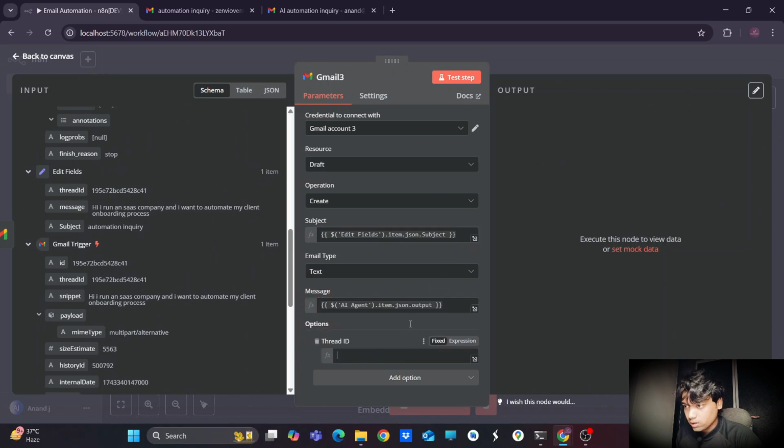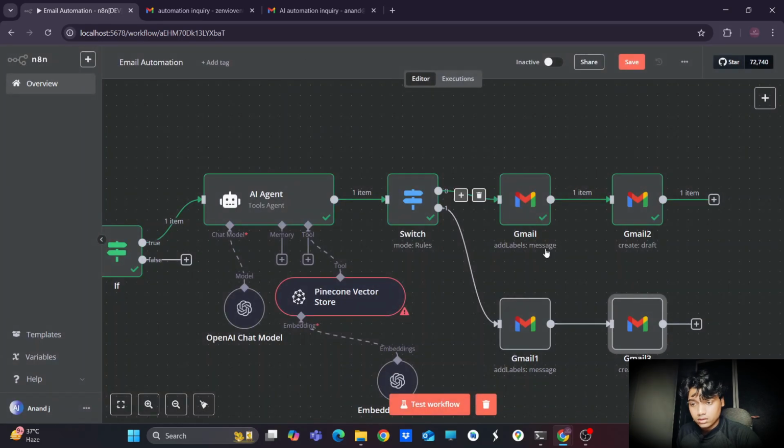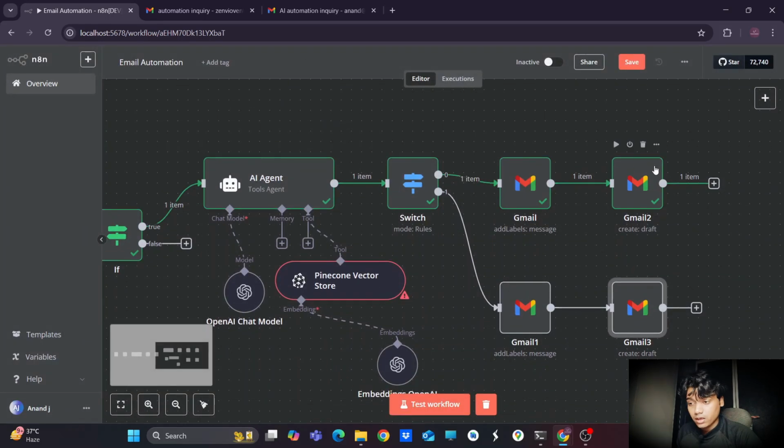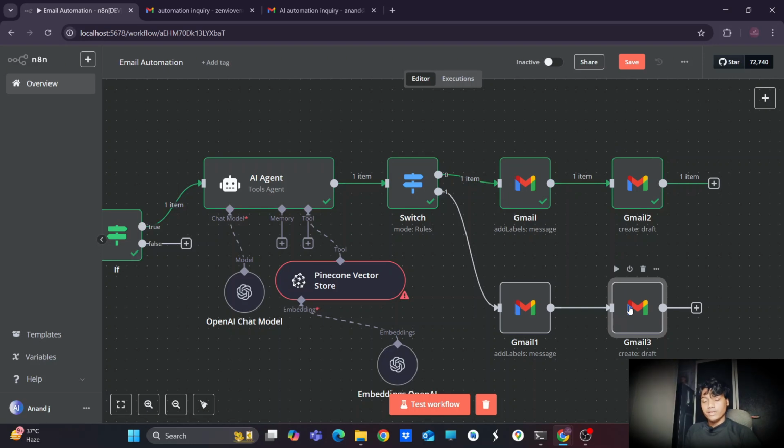This will work similarly to the one which we have added for the AI automation. It will create a similar draft for the customer mail. I don't think we need to create a draft for the customer support emails, and we can directly send emails to it. So we can do that also.